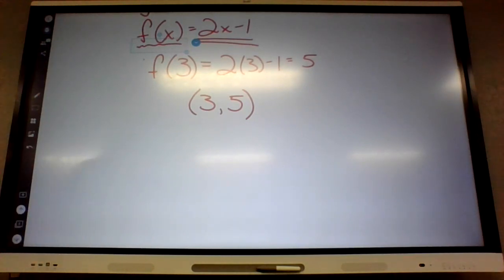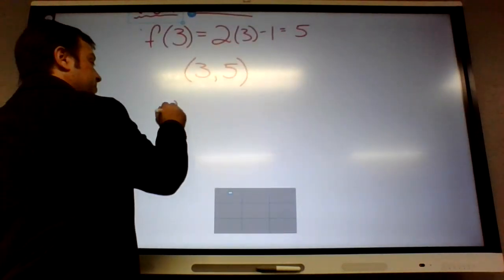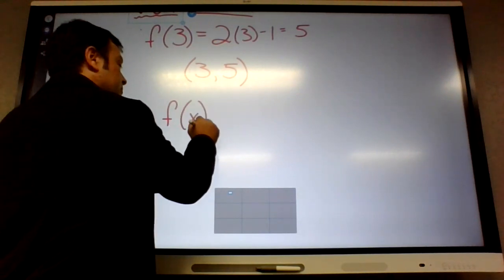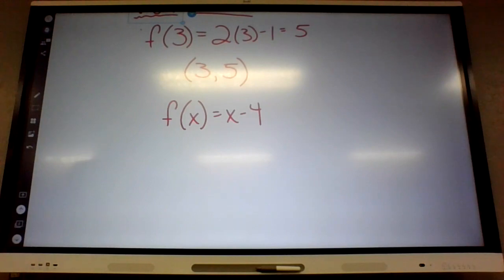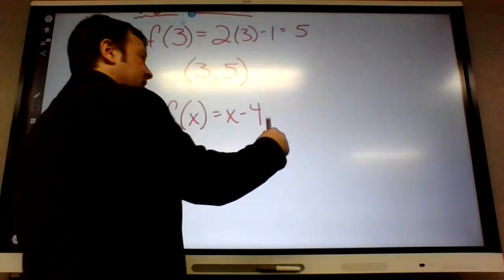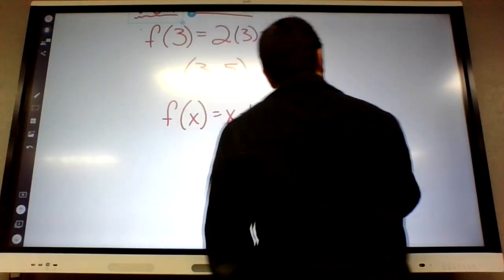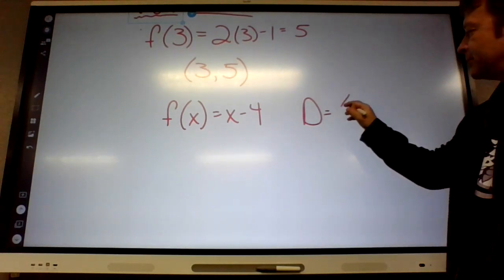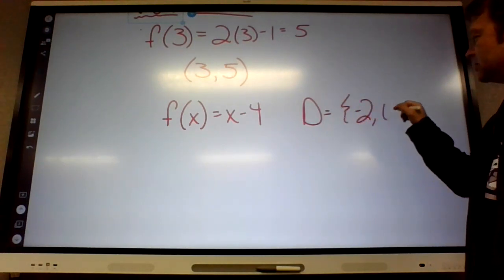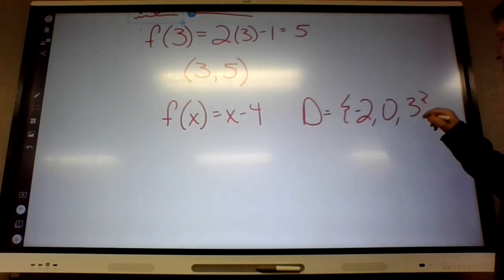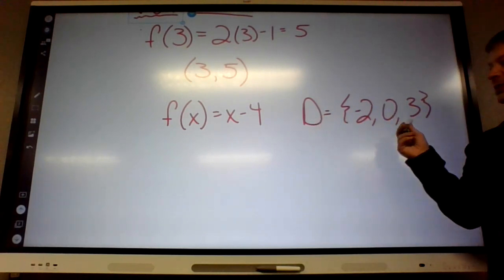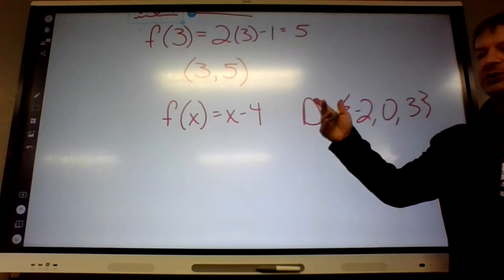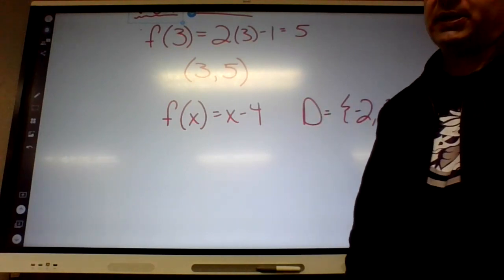So on number 1 it says f of x equals x minus 4. And it says d equals negative 2, 0, 3. What do you think they mean by d? What's d mean, you think? Domain. Domain, yeah, it means x value. So all they want you to do is plug those x values in and